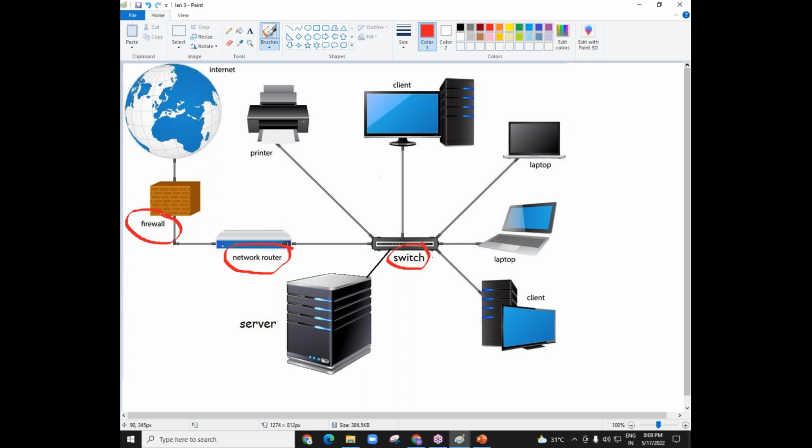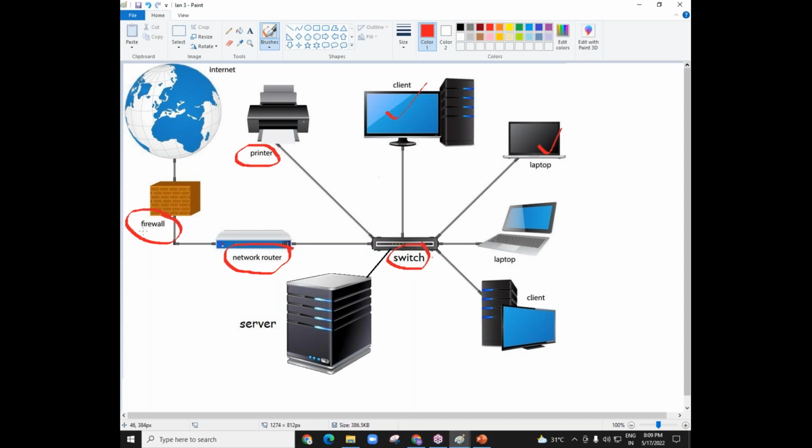Then we have a firewall here, again a very dedicated separate device. And of course, we know what is a desktop machine and what is a laptop. So besides laptop and desktop, switch, router, and firewall, these are some of the other devices we have in a computer network. Every device has a use. For example, when you see the printer here, what is the use of a printer? You know this very well, right? A printer is a device using which we can take printouts. That's it. There can be a device with the name scanner. A scanner has a completely different use. So what is the use of firewall, router, and switch? Let us try to understand very briefly. Then we can move to the main device, that is your server.